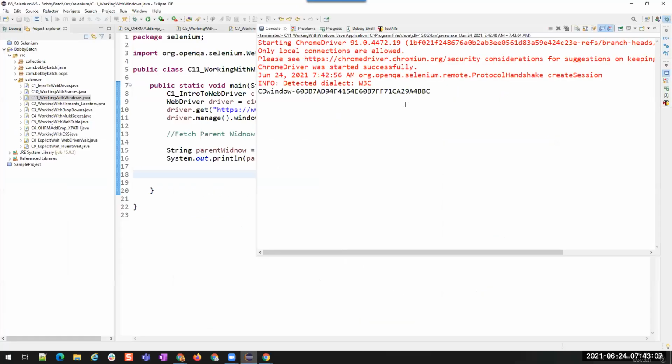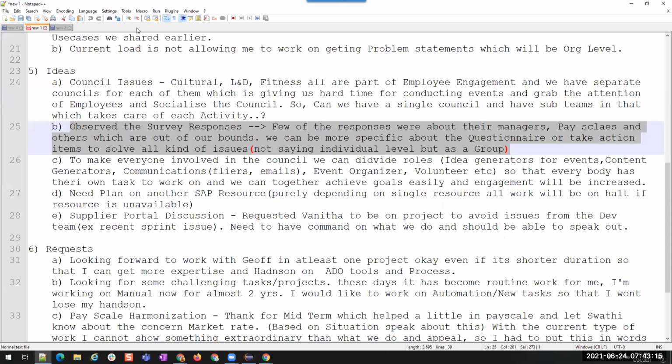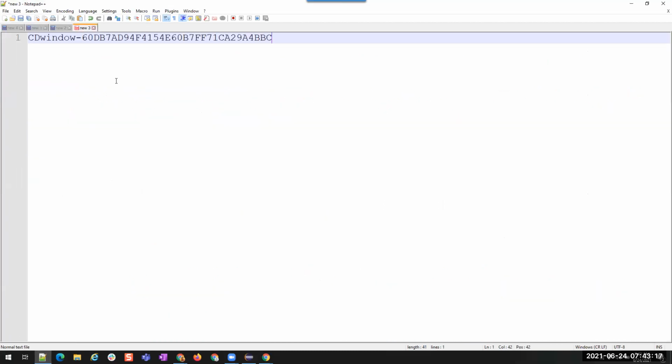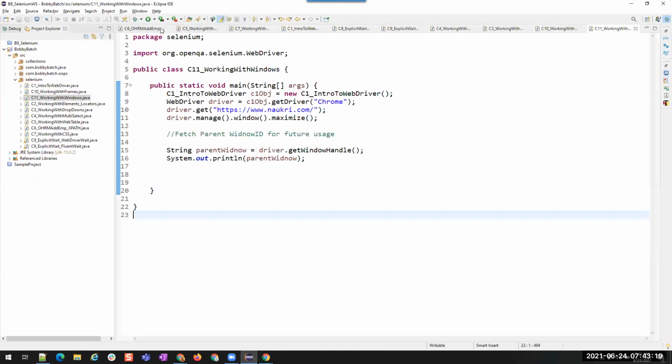Okay, now you see this is the ID. I'll copy this ID and store it. This is the first iteration. Now let me run the second time. Let us see whether it is giving the same ID.